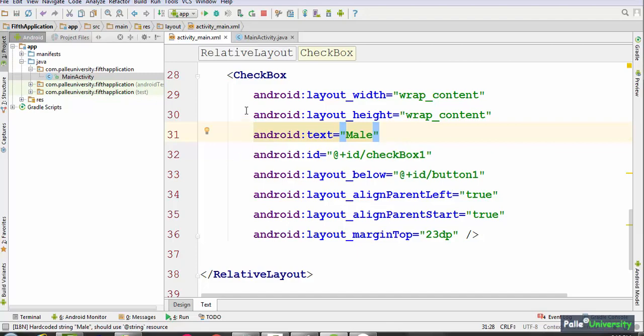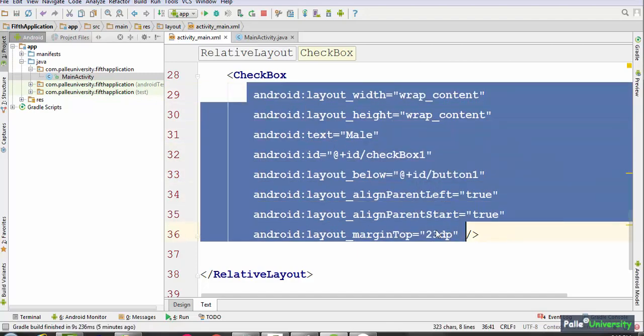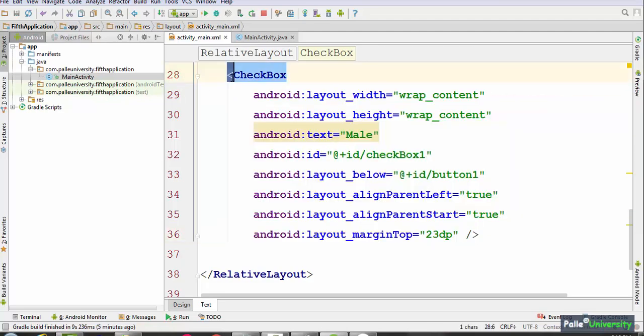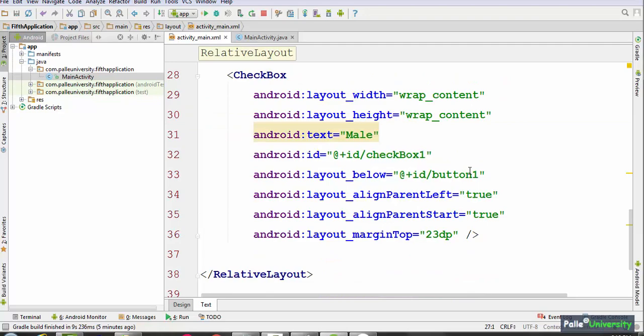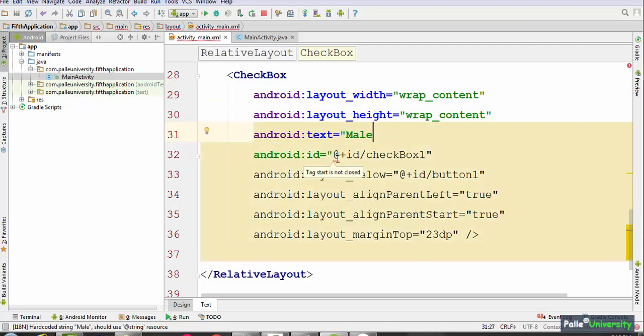The last rule is, whatever property you are going to write, you have to make sure that all the properties are lying within these two angular braces. Please never write any property outside this angular brace or before this angular brace. Here it will be an error. Those are the 3 important rules you have to remember. Make sure that each and every property's value is always in double quotation. Don't remove this double quotation. It is treated as an error. Let me show this. Observe, the error came automatically.